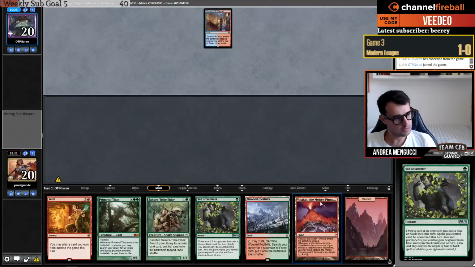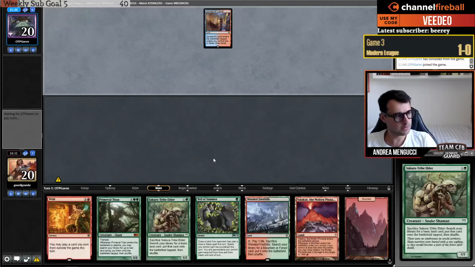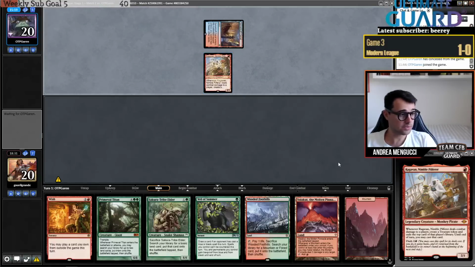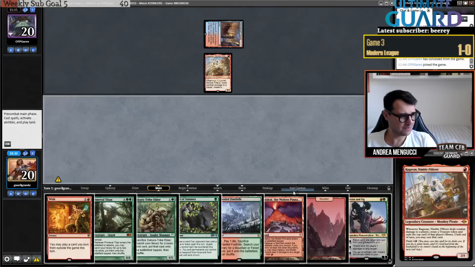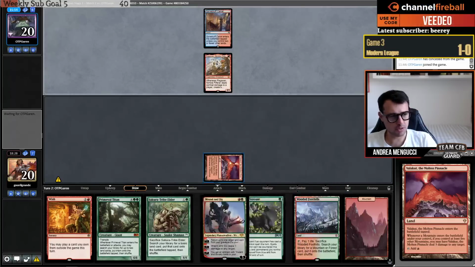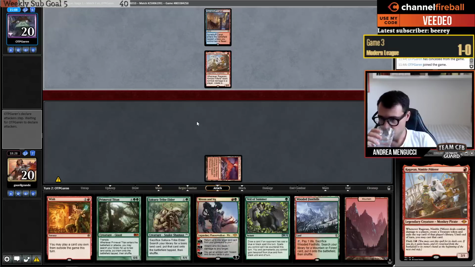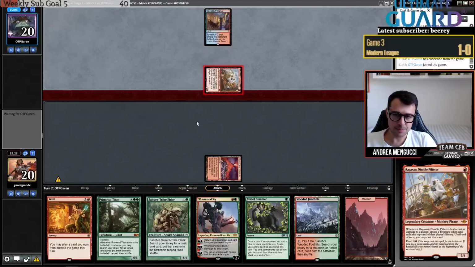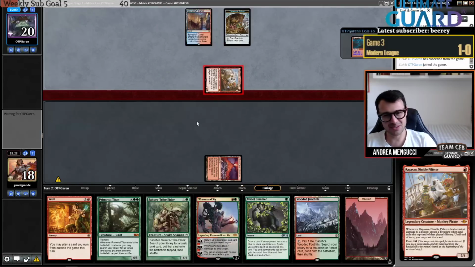Keep. Can go turn 1 Valakut, turn 2 Forest, Sakura-Tribe Elder. Okay, opponent has Ragavan. Let's hope I can draw a removal spell. And unfortunately, when you're on the draw and they have Ragavan, you don't really win. That's okay. They can already cast Blood Moon. Just turn 2 Blood Moon. If that's the case, the game is